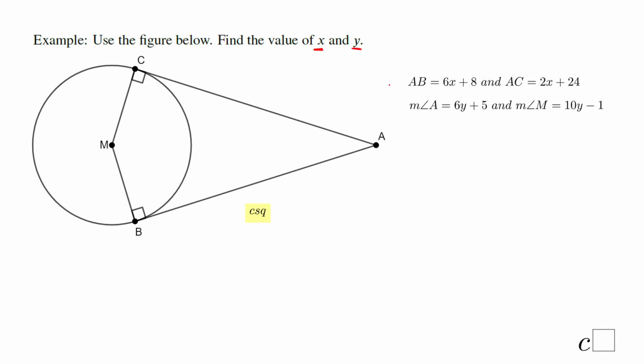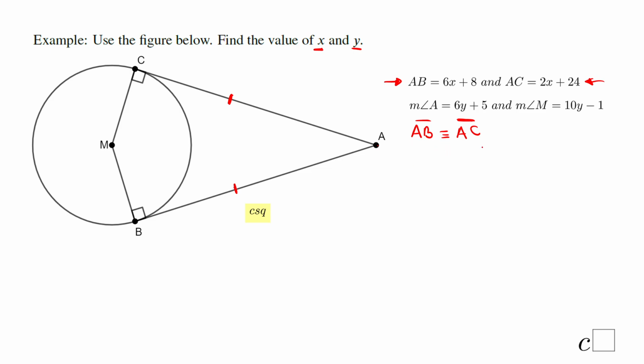We notice x is in these two expressions, AB and AC. And what do we know about AB and AC? We know these two segments are congruent. Why? Because they represent the tangents, the only two tangents in fact, from point A to circle M. They have to be congruent. So the geometry is AB congruent with AC because they are tangent to the circle,